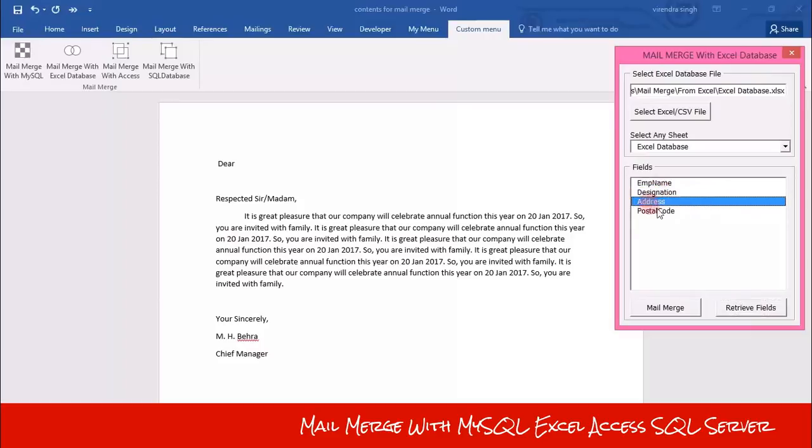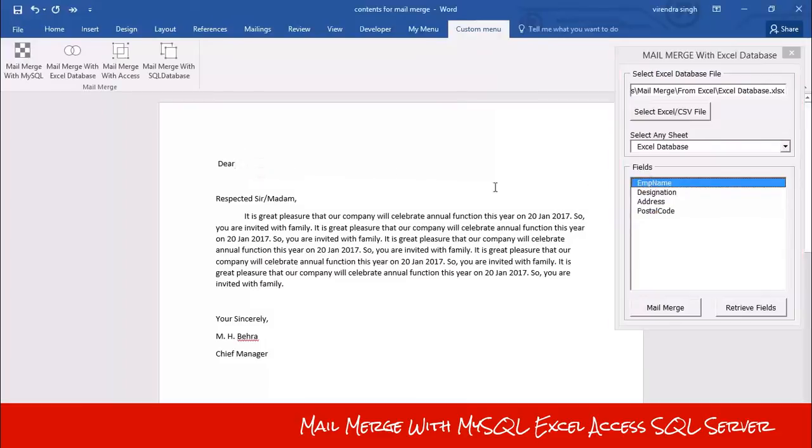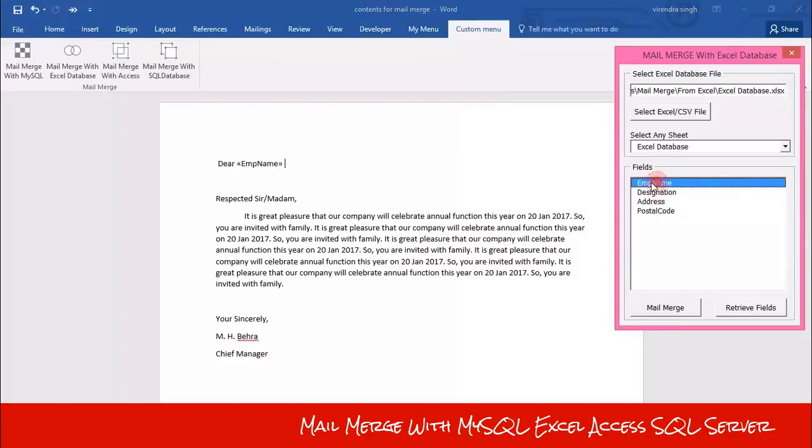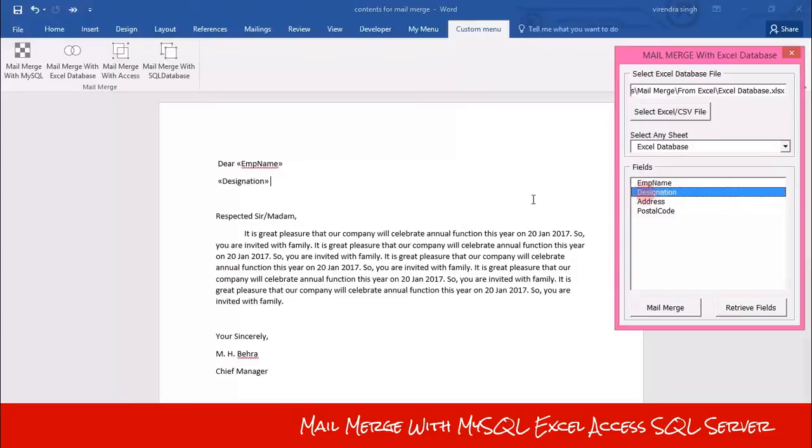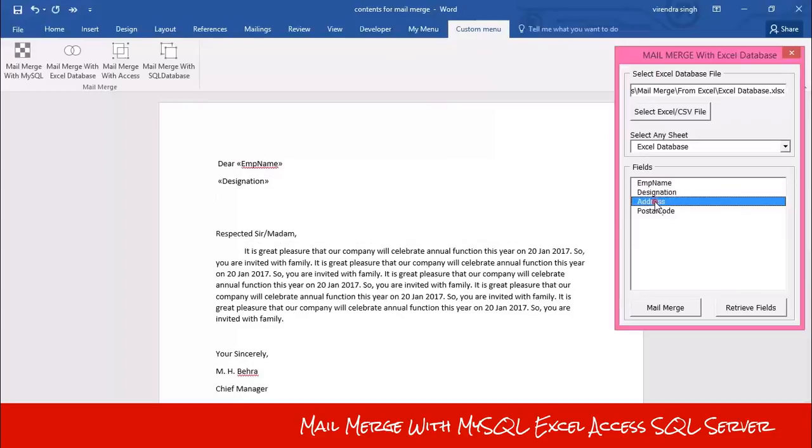All the fields of this table or sheet have been inserted into this box. So now it's time to put these fields on the main document. Just place the cursor position and double click on the fields. Repeat this process for other fields.